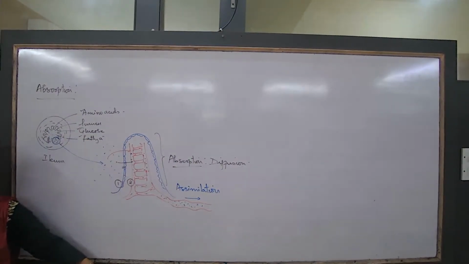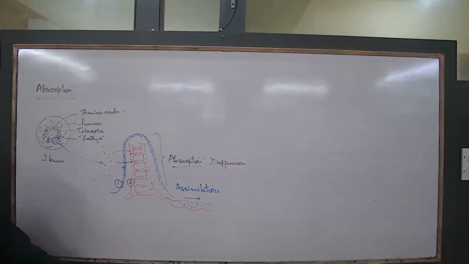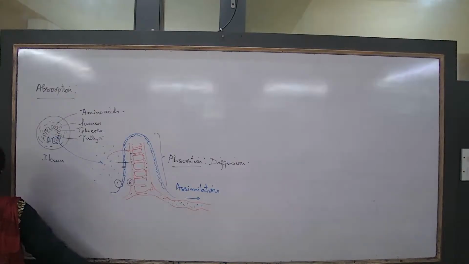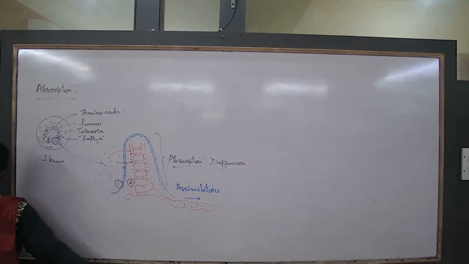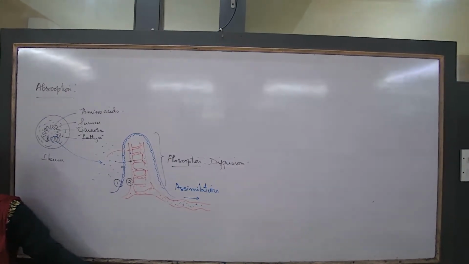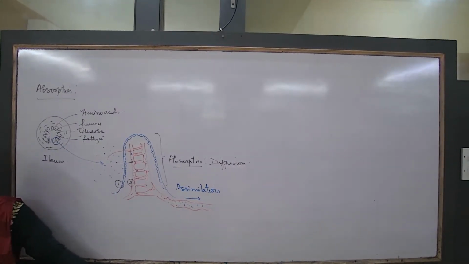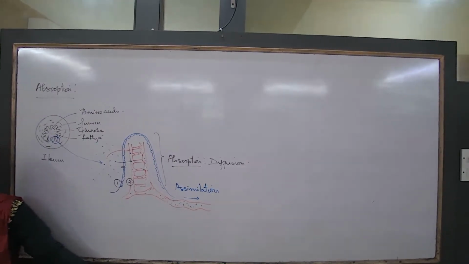And now if I start thinking about the mouth cavity, the process of taking in our food, what is that known as? Ingestion. And back in the large intestine, the waste substances which are formed and the release of the waste substances, that is known as egestion, not excretion. Excretion is by the way of the kidneys.